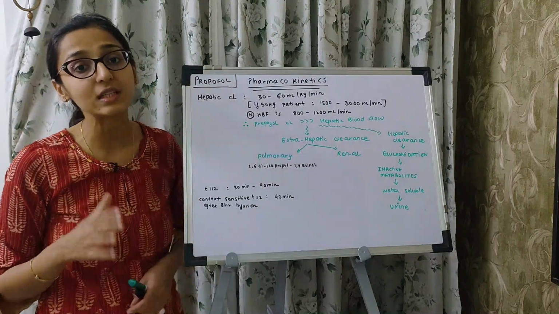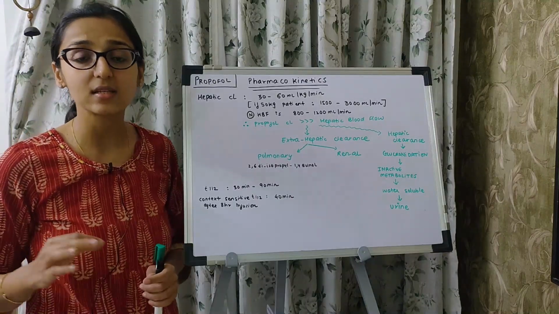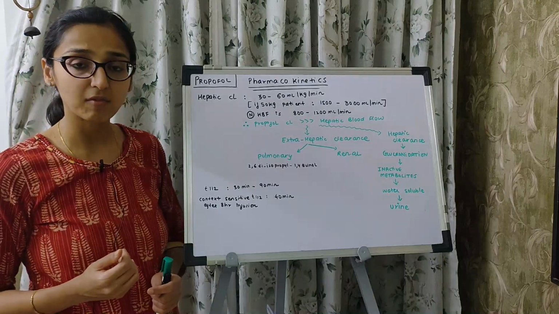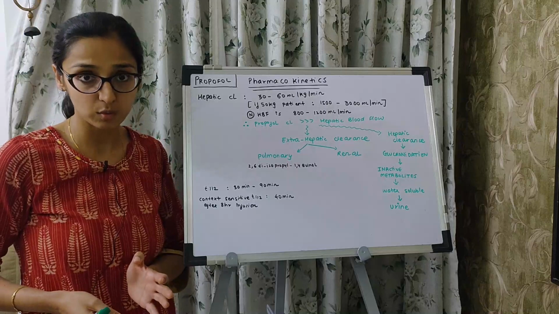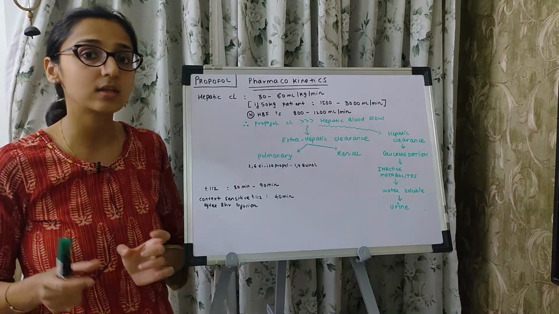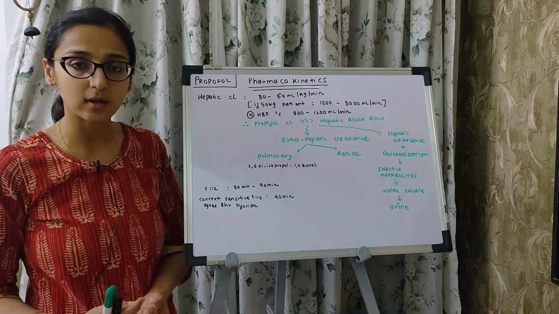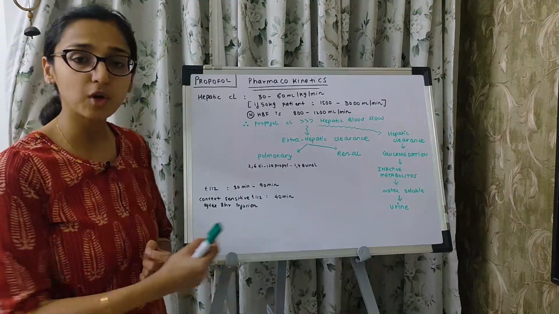Now what is the half-life of propofol? The half-life is 30 minutes to 90 minutes, and then there is something known as the context sensitive half-life. So what is this context sensitive half-life of propofol? It has been calculated that after 8 hours of continuous infusion, the context over here is the hours of infusion. So if an 8-hour infusion has been going on, then the T half for propofol will be 40 minutes.